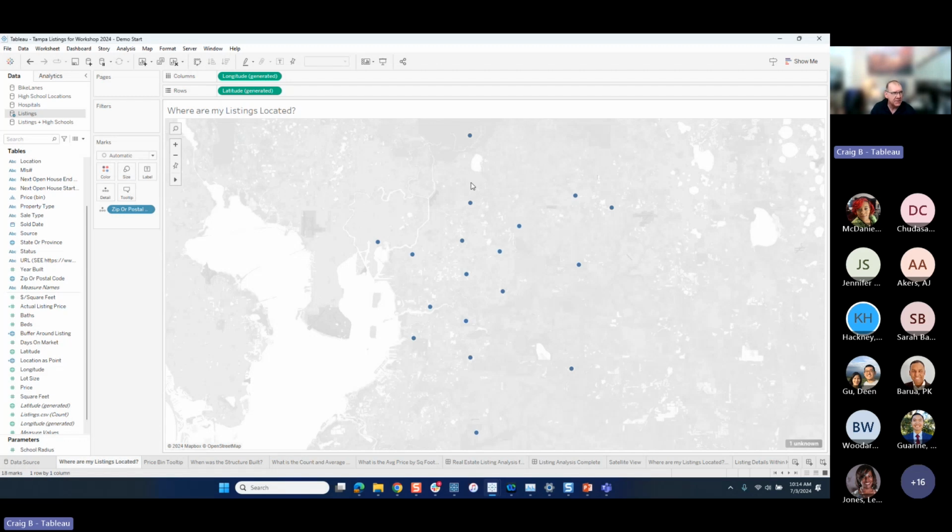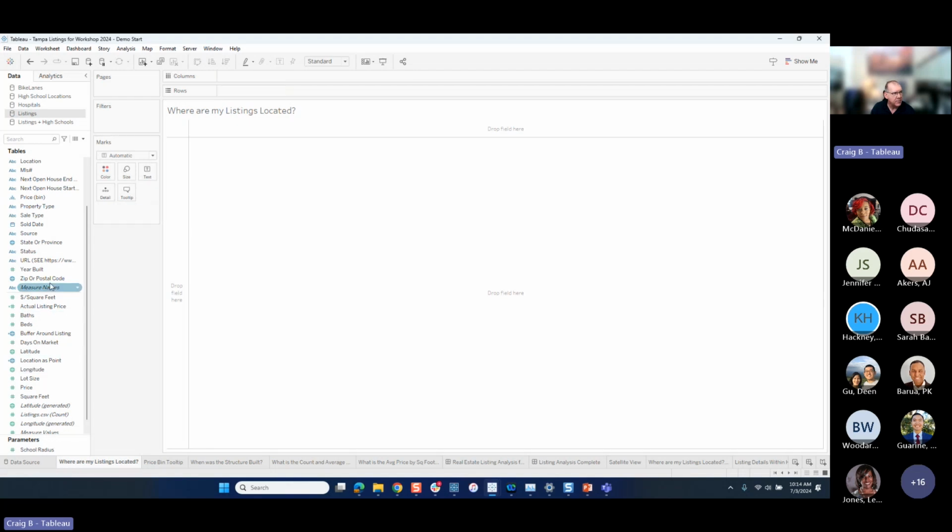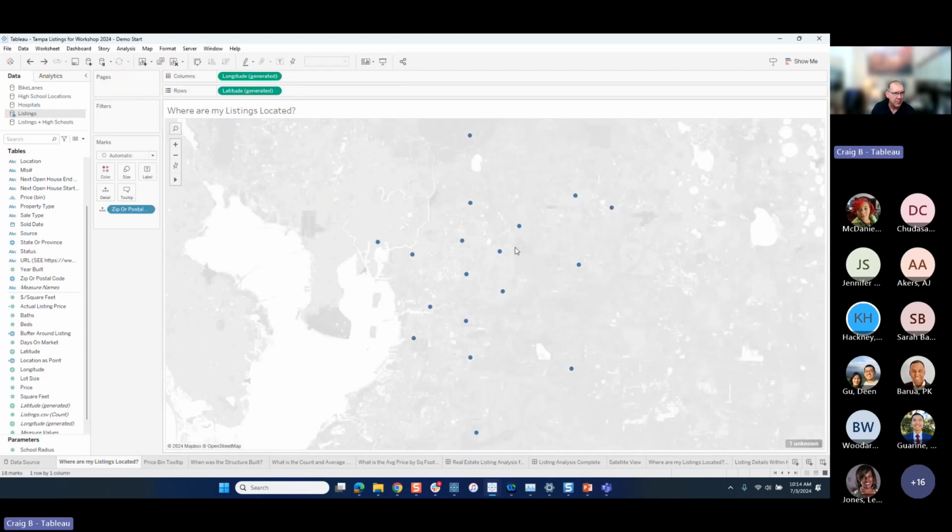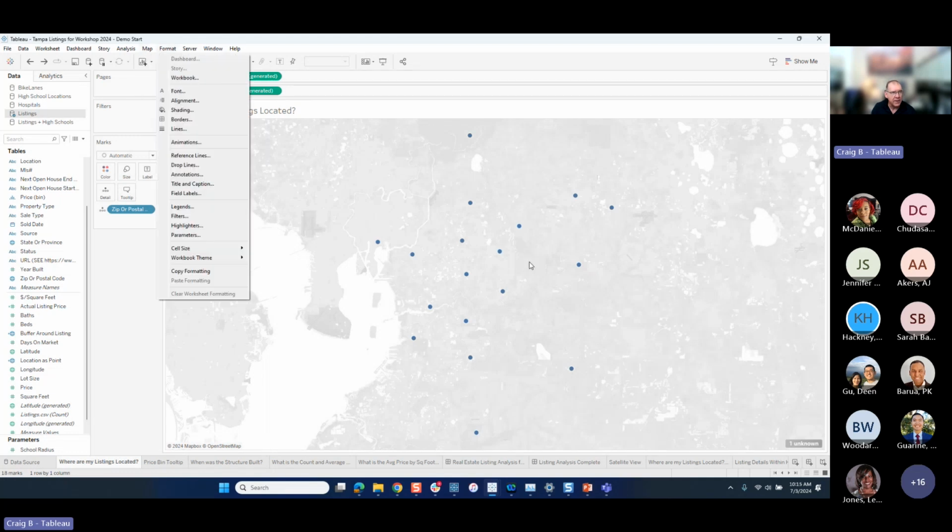Right? I could just as easily have, and I'll show you this right now, I'll just clear the screen and drag the zip code field to rows, and I would get a list of zip codes. That's not very helpful to me, right? What is more helpful is the ability to see them on a map. I can even go one step further, and by the way, it's showing points here right now. If I wanted to convert these